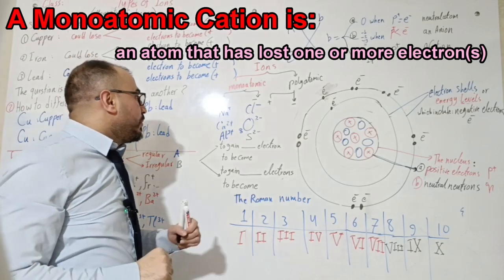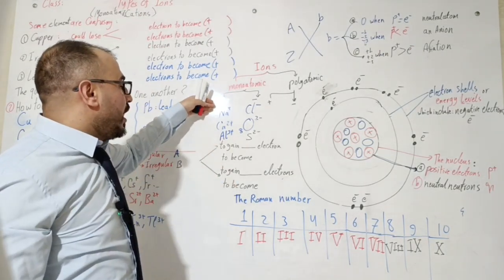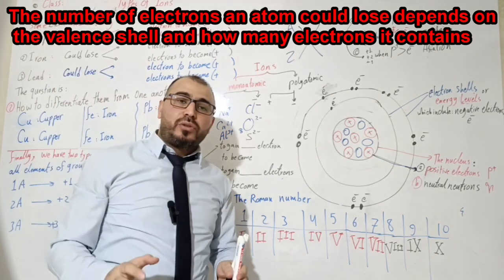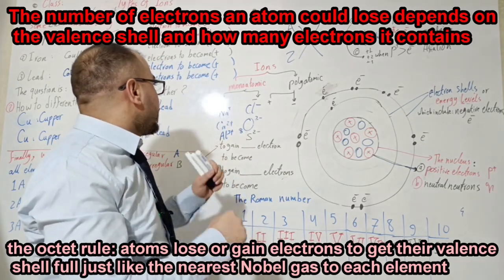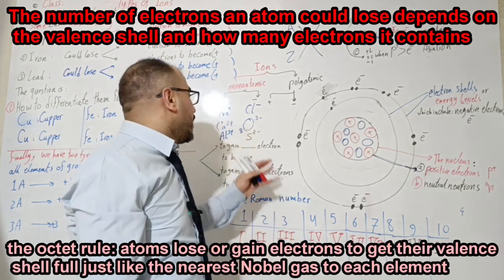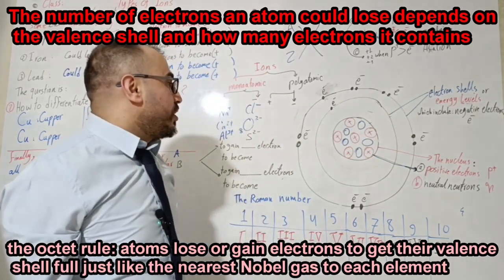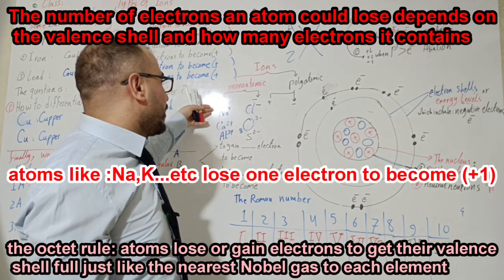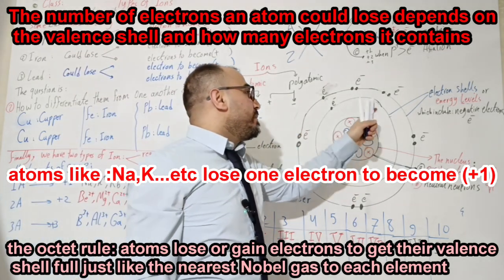And my friends, we said that the number of electrons any cation could lose depends on the electronic configuration, specifically on the number of electrons in the last shell, or the valence shell, in the atom's electronic shells or energy levels. And we said that atoms like lithium, sodium, potassium, rubidium, cesium, francium, those atoms have only